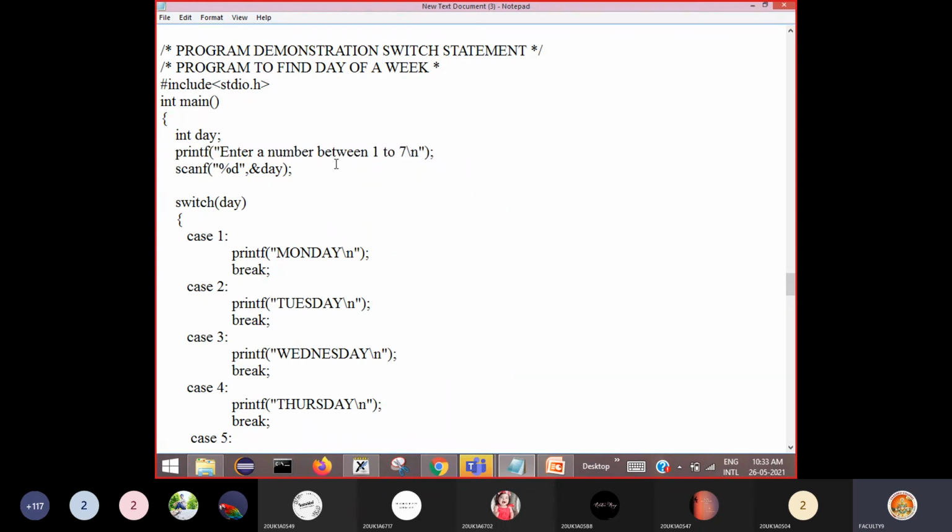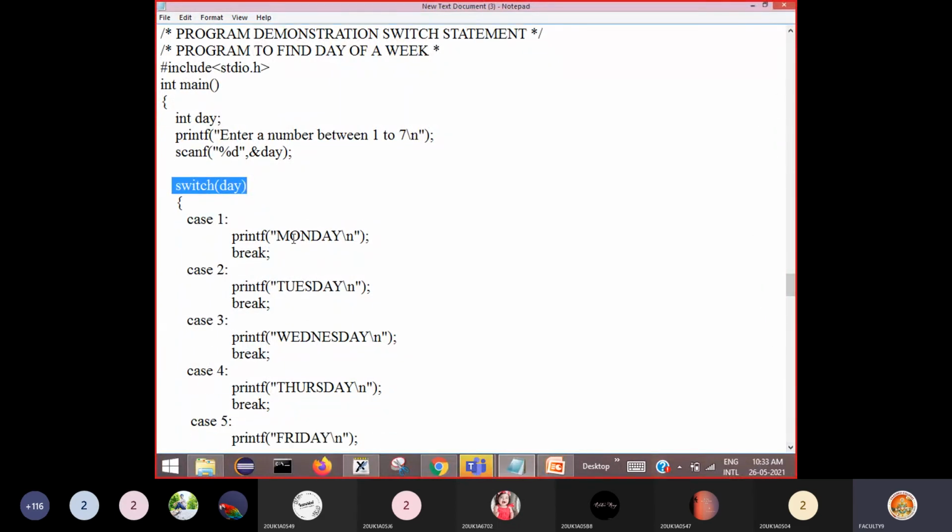He enters some number, and you catch that number using the scanf function in the variable day. Now because there are so many options and only one option has to be chosen, we use the switch statement. When there are many alternatives and only one has to be chosen, the better one to implement is the switch statement.